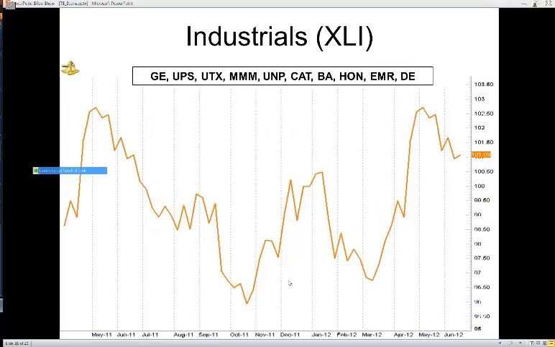Industrials, not too shabby at this point in time. That makes sense, because in the XLI, the industrial sector, there's UPS. Didn't I just mention UPS? UPS is in the industrials. Their delivery. They're going to be busy in the holidays delivering stuff. So there may not be as much